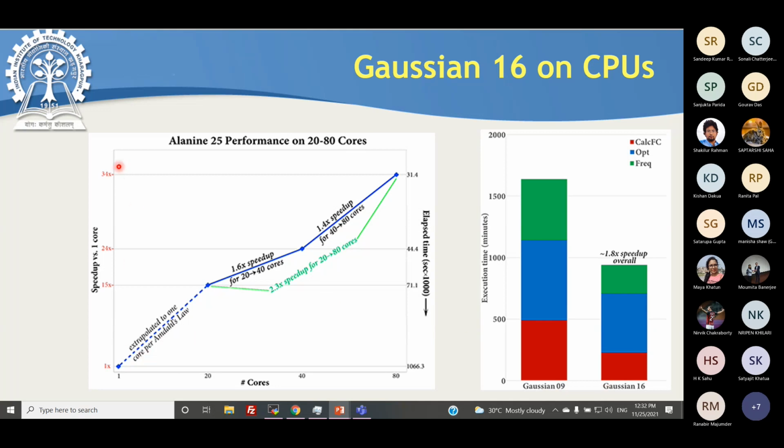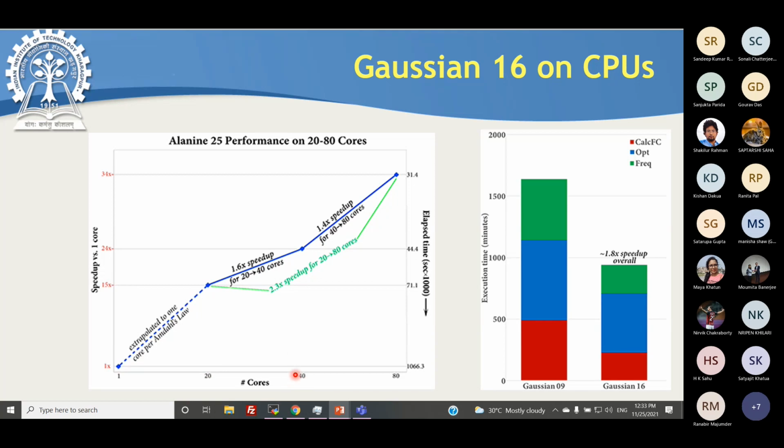If you look at this picture, this is the speed of performance per core. They claim that with 20 processors they have a maximum of 15x speed.